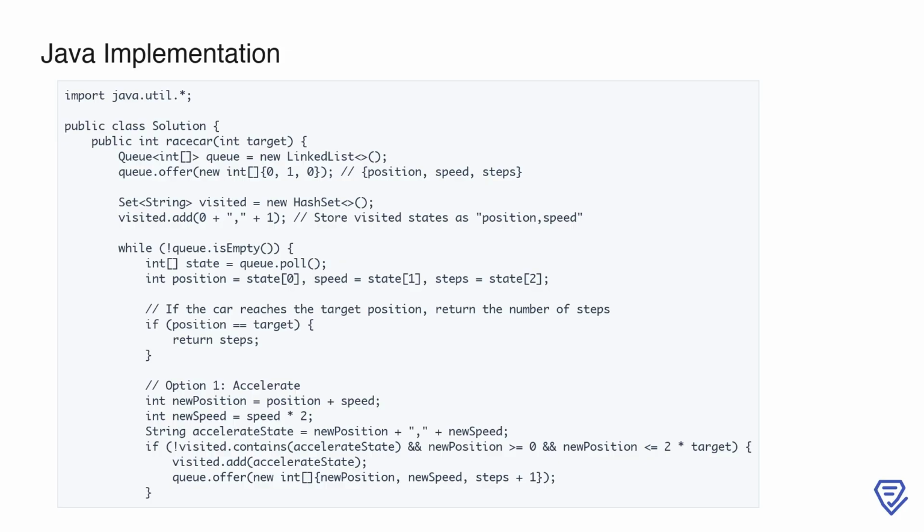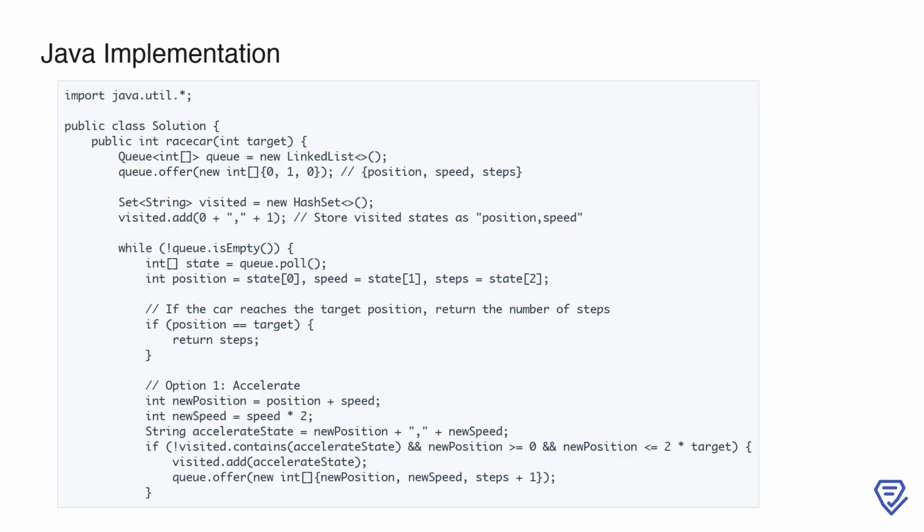Inside the loop, we dequeue the first state to process it. If the current position matches the target, we return the number of steps taken to reach it. Otherwise, we simulate the first option, accelerating. This updates the car's position and doubles its speed. If this new state hasn't been visited and it stays within valid bounds, we mark it as visited and enqueue